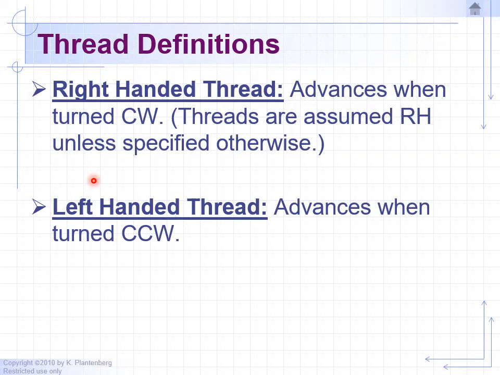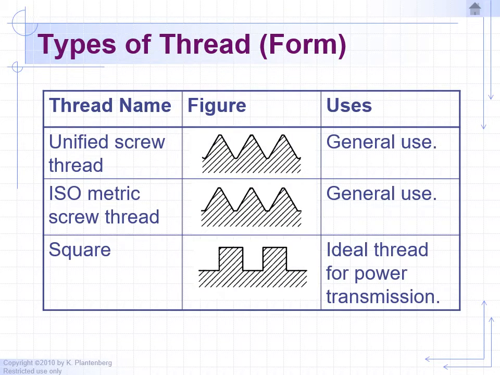So that's the reason side mirrors on motorcycles do not have the same type of threads. One will be right-handed thread, the other one will be left-handed thread. Now for this chapter, we're going to mostly be working with unified screw threads. Your typical threads that you see in a machine shop or on an engine block will be unified